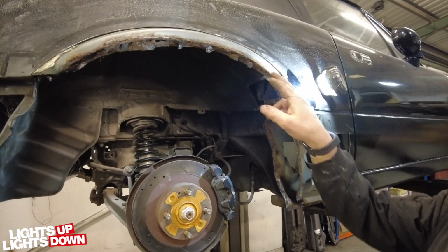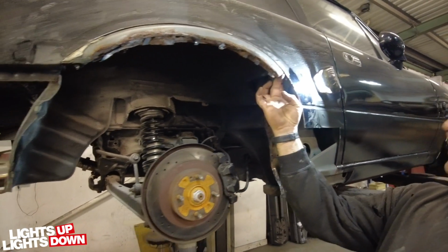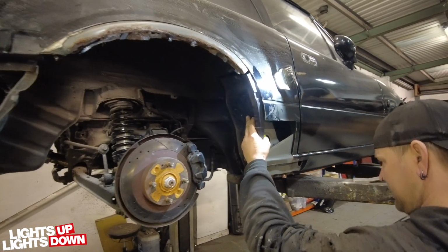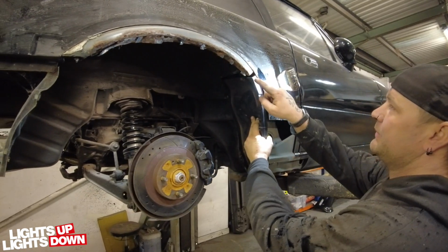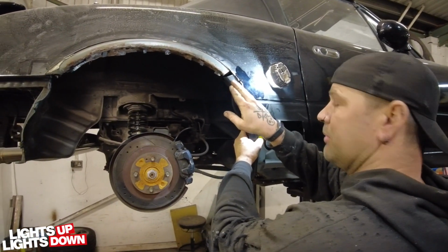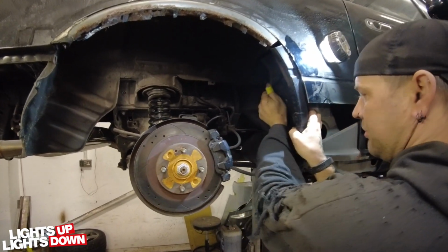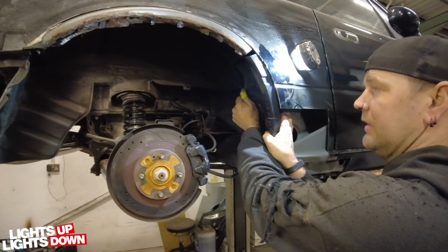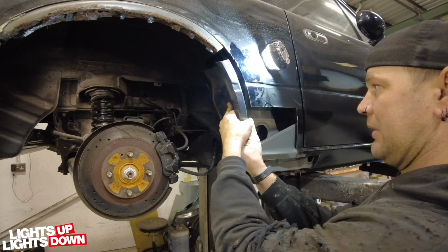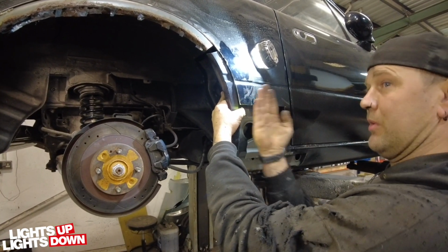Normally, I wouldn't cut it off here, because where it's been plated before, it is already attached inside here. But normally I would leave a section in just past here, so I know that this is in the right place. It gives you a reference point. It can only butt up as far as it can there, but you can tweak the panels either way like that, and it'll make this panel either come in or out,